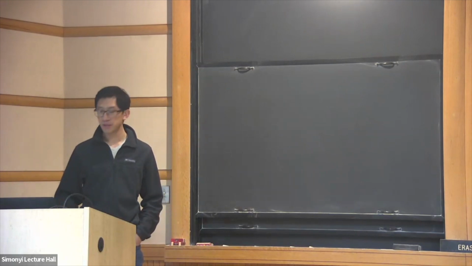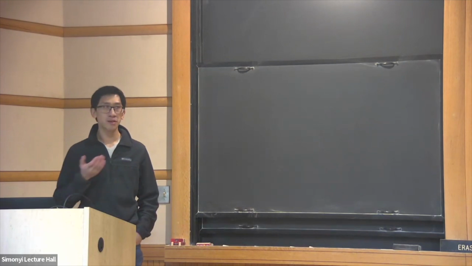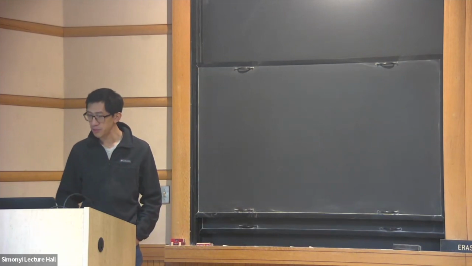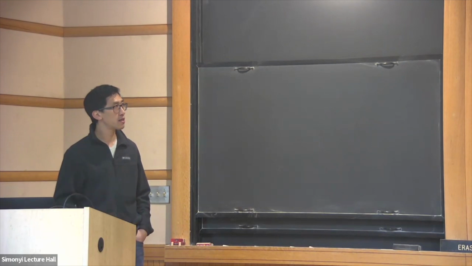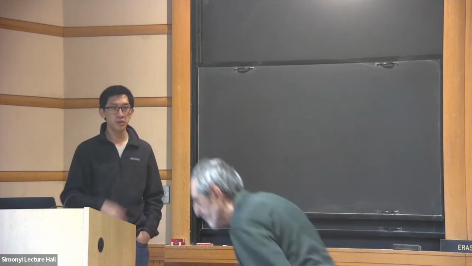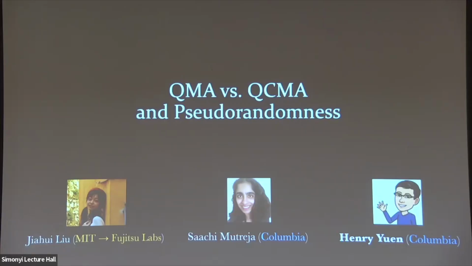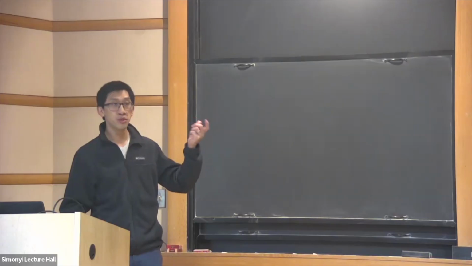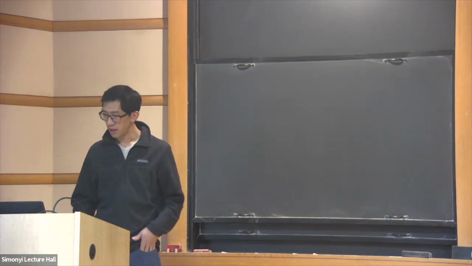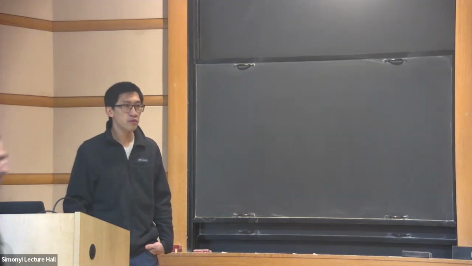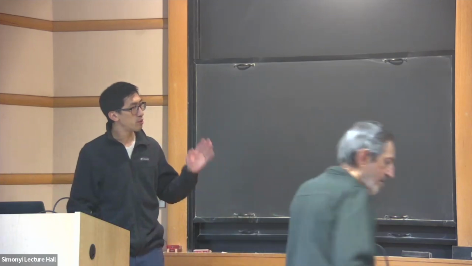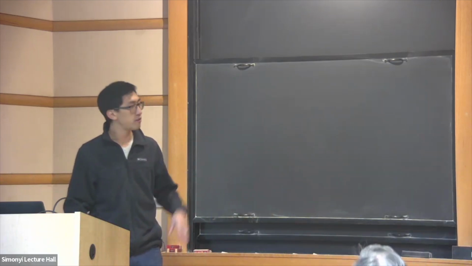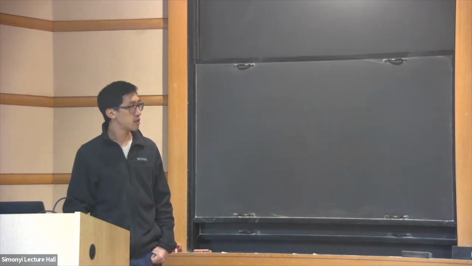Hi, everyone. Thanks so much for having me here. I'll be talking about query separations between two complexity classes called QMA and QCMA, which are quantum generalizations of NP, and its connections with pseudorandomness. This is joint work with some wonderful collaborators. Jiawei Liu, who was a postdoc at MIT, now she's at Fujitsu Labs. My student Sachi Mutreja